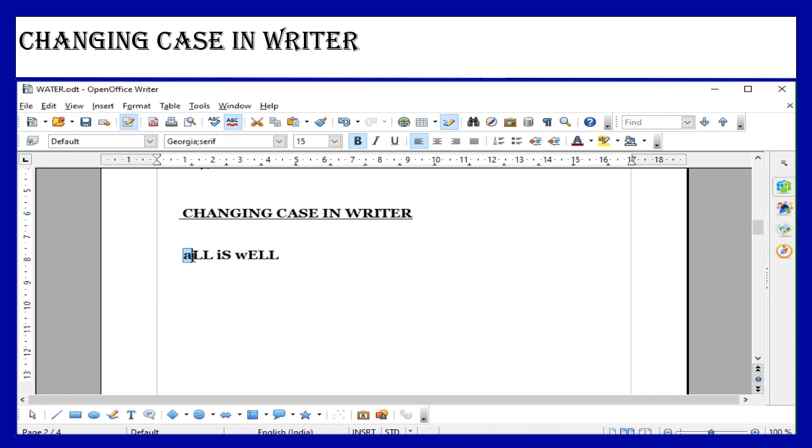Here first letter A is in small and the rest of the letters are in capital. Again here first letter is in small and the rest is in capital. And here W is in small and the rest of the letters are in capital. So this is toggle case. So like this you can change the case in Writer with the help of change case option.